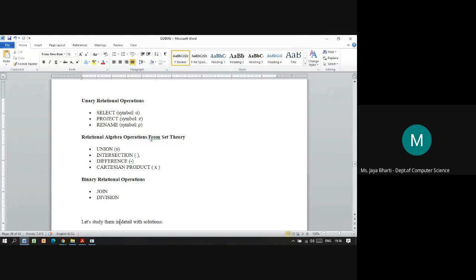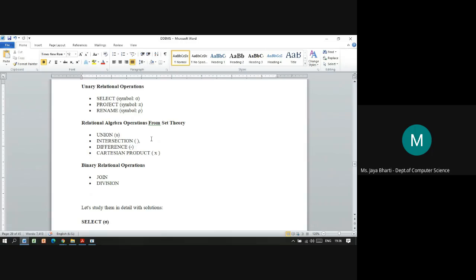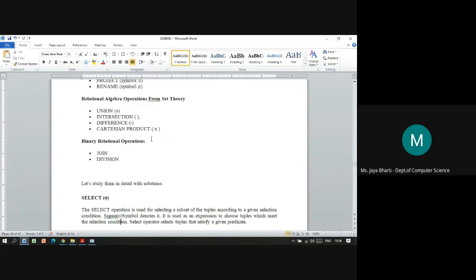If there are more fragments, more joins will be there, and the complexity of that query will increase. Now one by one we will see each of these operations. The first one is select.